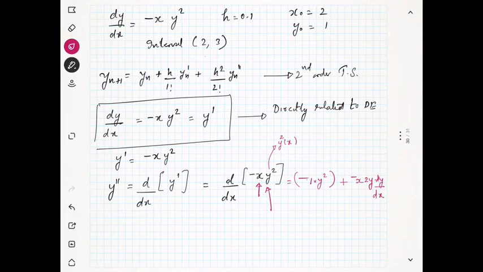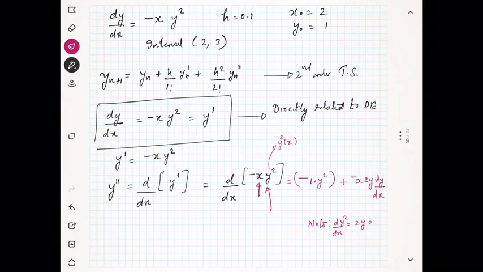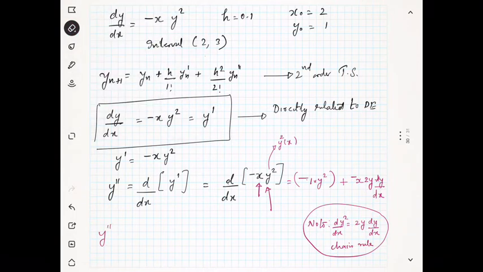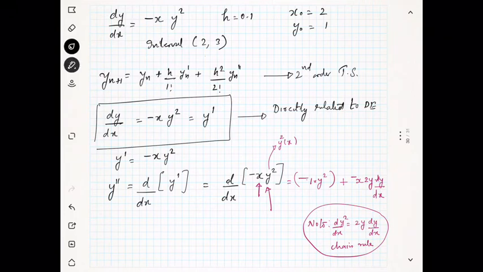Am I correct? Yes. Note that d by dx of y square is nothing but 2y into dy by dx. This is by using the chain rule of differentiation. Now y double dash